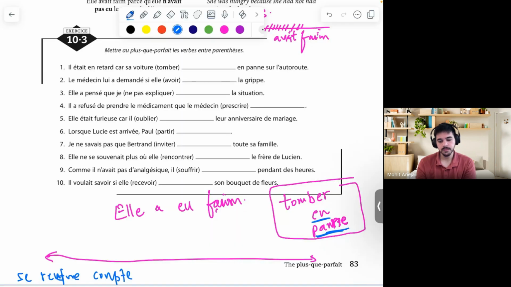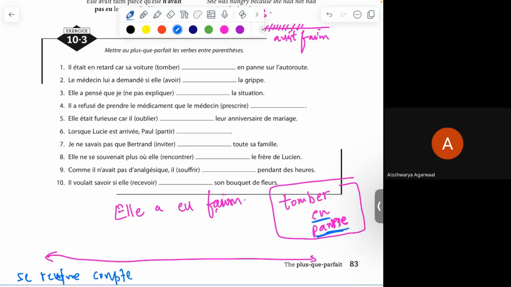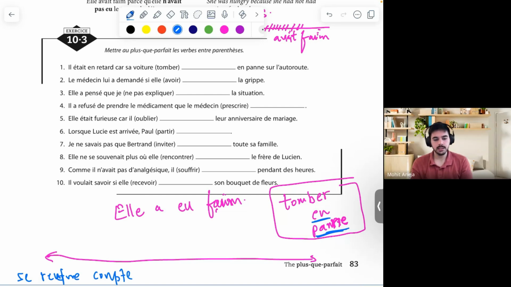Yes, no, yes, okay. कुछ तो बोलो। Yes. Okay, très bien. Yes, sir. यहाँ पे il était en retard car sa voiture dash en panne sur la route। तो तुम्हें expression पता है, tomber en panne is the verb that we are conjugating। यहाँ पे दो action हैं। Can someone tell me what are those two actions?